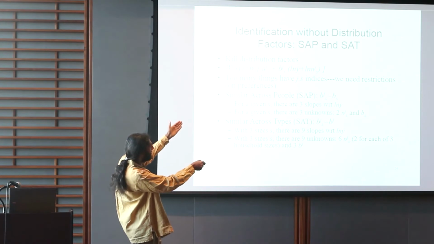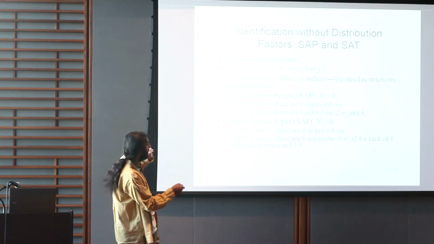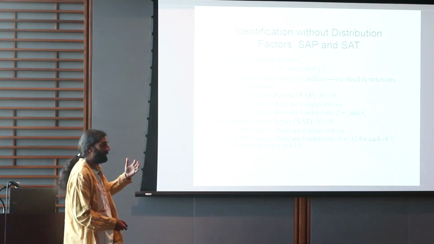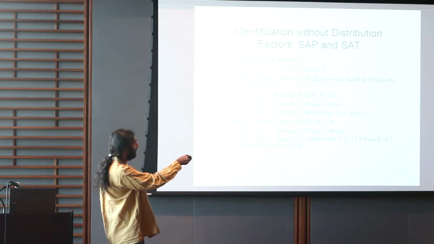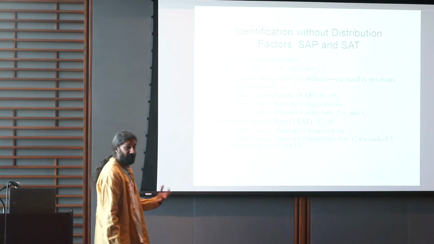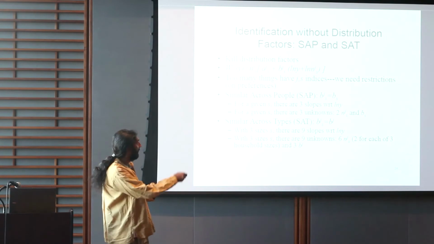Basically, there's too many things with J and S indices. We need restrictions on preferences in this environment. So first kind of preference, impose a similarity across the people. The people are indexed J, so I impose something similar across mother, father, and child. I'm going to impose that the slopes are similar. That the slopes are similar is related to shape invariance across these people, or equivalent scale exactness, if you prefer.